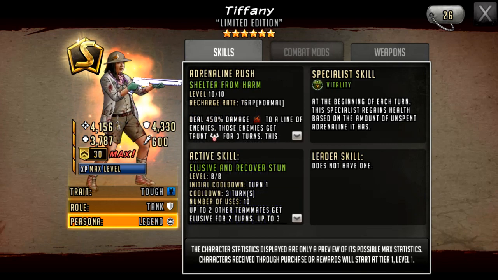Now if we look at her specialist skill, she has got Vitality, which is quite an annoying specialist skill. If you remember back to the 6-star era with like Mercer having Vitality, it could be pretty difficult to take him down. She is a tank character. She has got pretty decent defensive stats off the bat. You know, it's not going to be too easy to take her out, but the Vitality is going to make